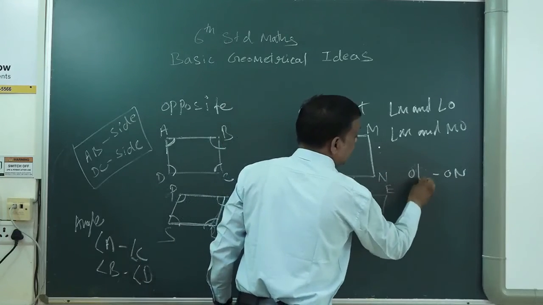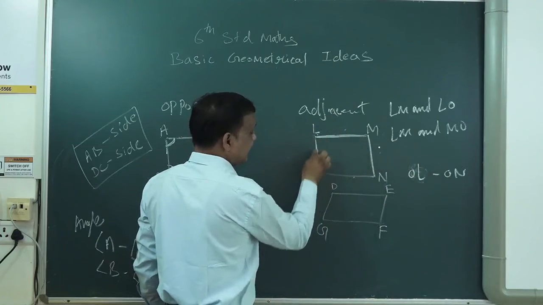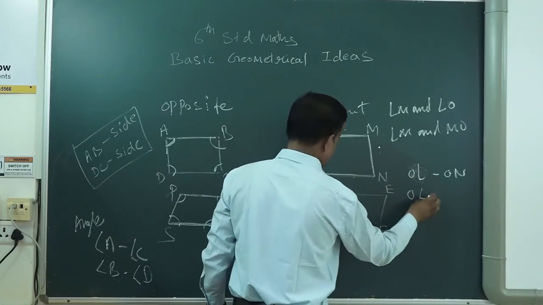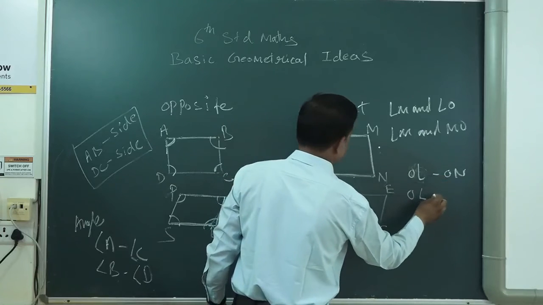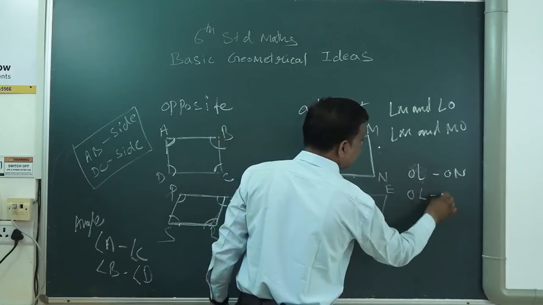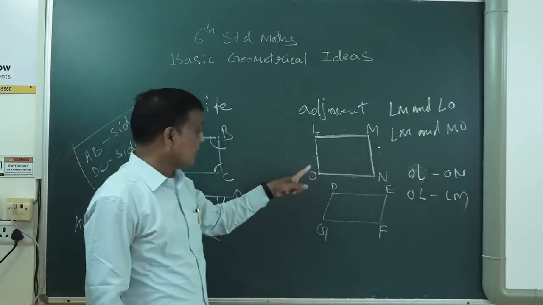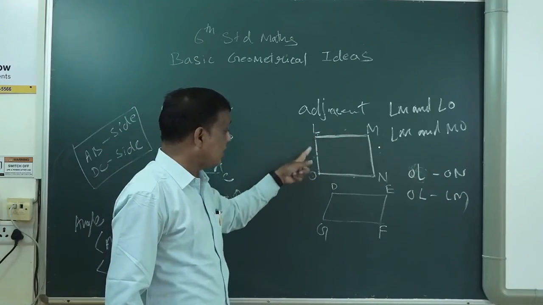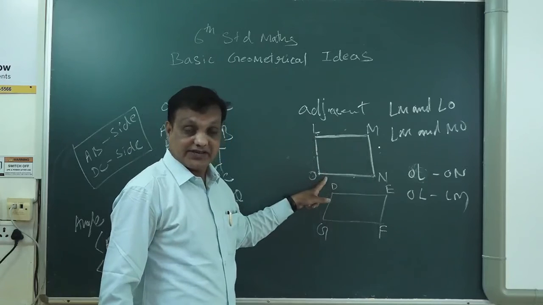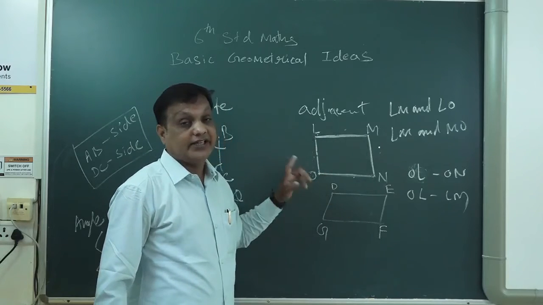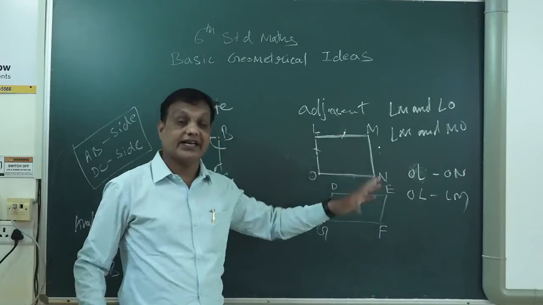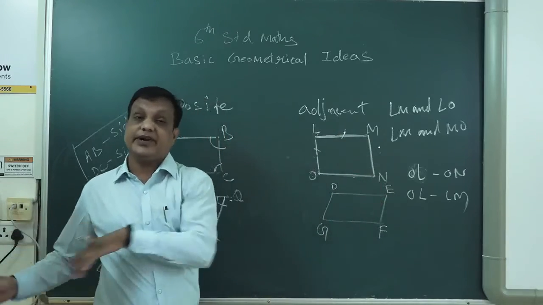Sorry, we will take here OL. OL is adjacent to ON also. OL and LM. OL, LM को adjacent है बाजू में और OL को ON भी है. समझ गए? बाजू में adjacent बोलते हो आजू बाजू. तो आजू बाजू जब adjacent साइड आता है तो दो साइड से adjacent होता है. इधर से adjacent, इधर से adjacent.